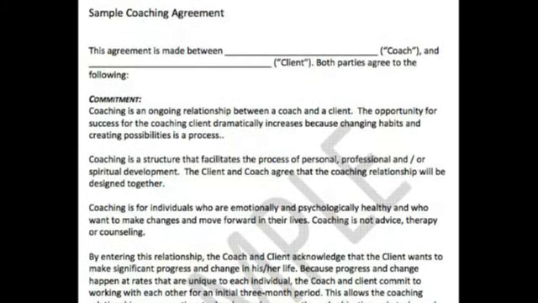So very typical of the kind of contracts I see from my clients who are coaches. You know, this agreement is made between so-and-so and so-and-so. They agree to the following. From all the coaches that I see, there is some consistency among coaches and also therapists and many other people in helping professions, health-related professions, signing it in their own name, even when they are incorporated. You can hear my voice getting raised because I'm all indignant about it.